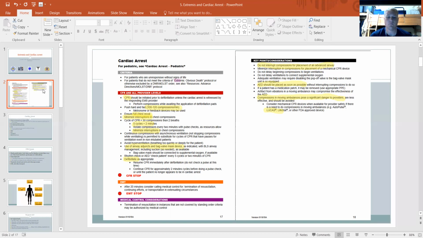So the patient has no pulse, no breathing. So we're going to initiate CPR. For compressions, perform compressions at the rate of 100 to 120 compressions per minute to a depth of 2 inches for adult patients. And then for the breathing, we have a couple of options. We can either do the 30 and 2, so 30 compressions, 2 breaths, or we can do continuous compressions with